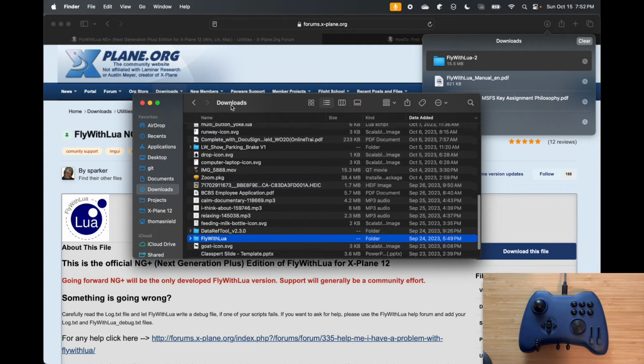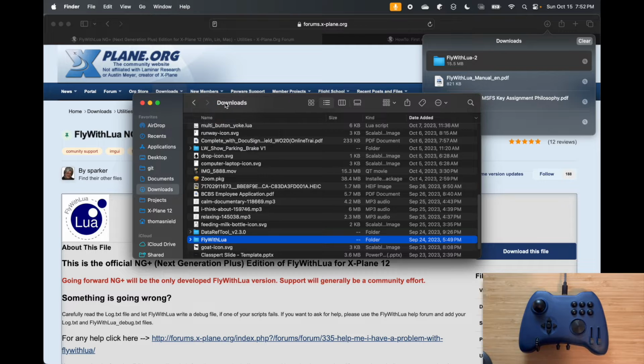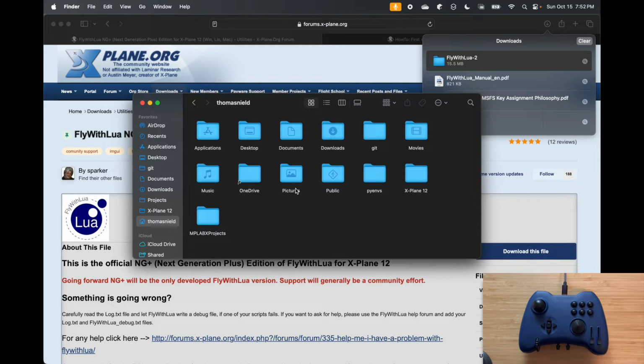So typically if I right-click on this header up here, you'll see your user account with a folder name, and that is going to be your user folder. If I go there, you'll see Xplane12 has a folder in that account. If you're on Windows, you're going to typically find it in something similar. It used to be Program Files, but nowadays you're going to find it in the user folder as well,